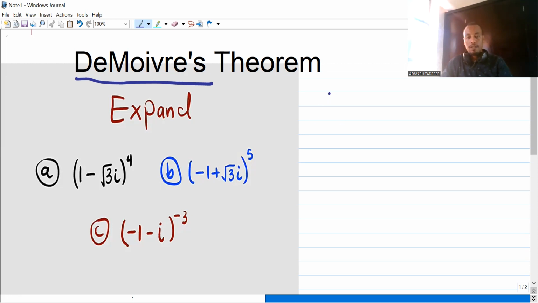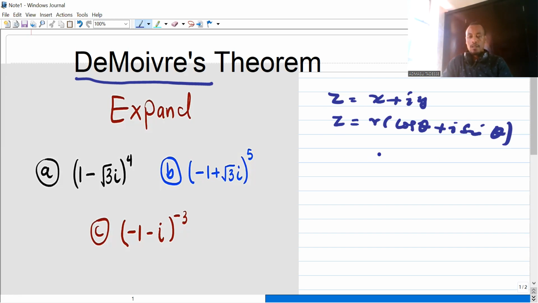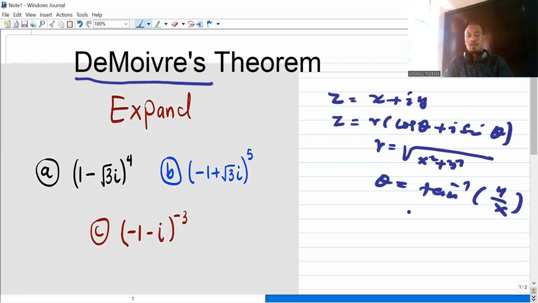If the complex number which is already in the rectangular form, that is x plus iy, is written in the polar form r into cos theta plus i sin theta, we know that r is the modulus of the complex number, square root of x square plus y square, and theta is the amplitude or the argument of the complex number. Okay,